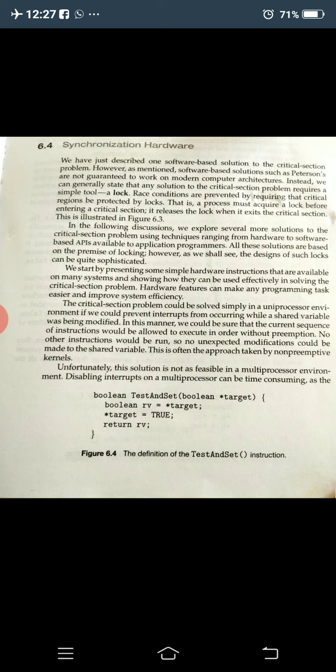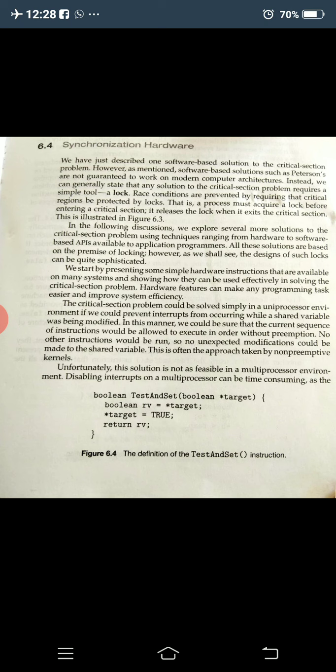So whenever you are disabling the interrupts, there is no question of a critical section problem, is it not? But this is possible only in uniprocessors, where only one processor is doing its work. When there are multiple processors, there will be multiple processes on different processors, and at that time we cannot disable. Also, disabling is time consuming.